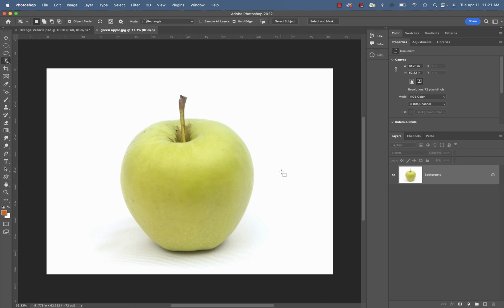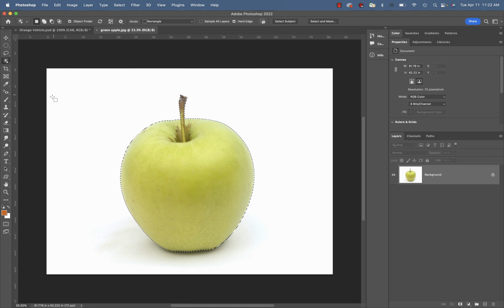So let's select this apple. With the object selection tool, I can just click here and it's going to select. This is kind of the AI portion of Photoshop, how they've developed where it will select objects for you. I could also click and drag with this tool around the area, and it would identify where this apple is. Okay, so what I'm going to do is copy with the Command or Control C,